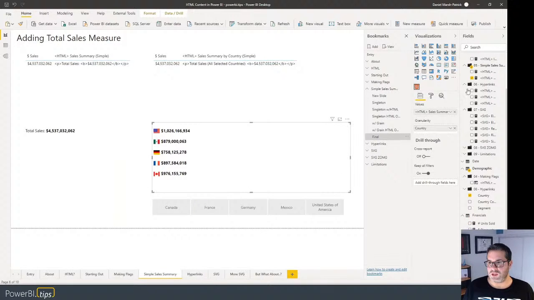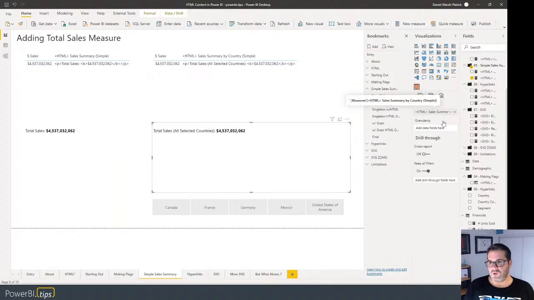So in that visual, now here we're going to introduce you to something called granularity. The visual only allows a single column or measure. If we take out that granularity, then it does what we saw above. It's got total sales, all selected countries. Now, we don't necessarily want to display the country in the visual. We want to use it as something to create row context. So this granularity field is there to give you a way of boosting up the number of rows. And then whatever you put in the values box will work out the value for each row